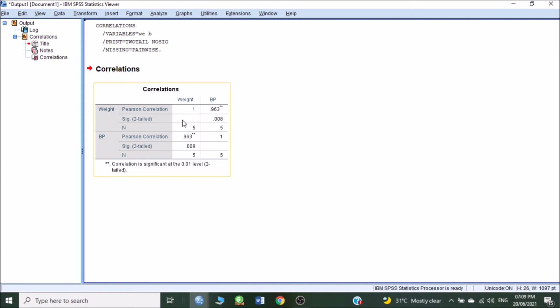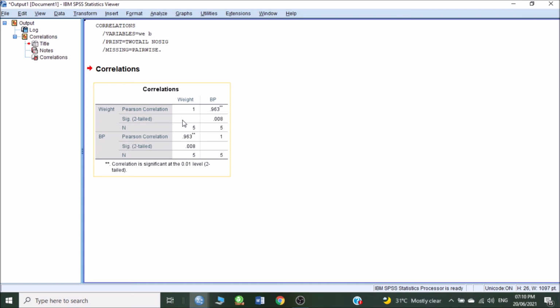Even within positive correlation, there are three things: low correlation, moderate correlation, and high correlation. Here we have a very high correlation. Based on the weight, blood pressure definitely seems to increase or decrease. Other factors are also there, for example if you are considering sugar or any other disease. But based on this problem, we come to know weight and blood pressure have a very close relationship with each other.